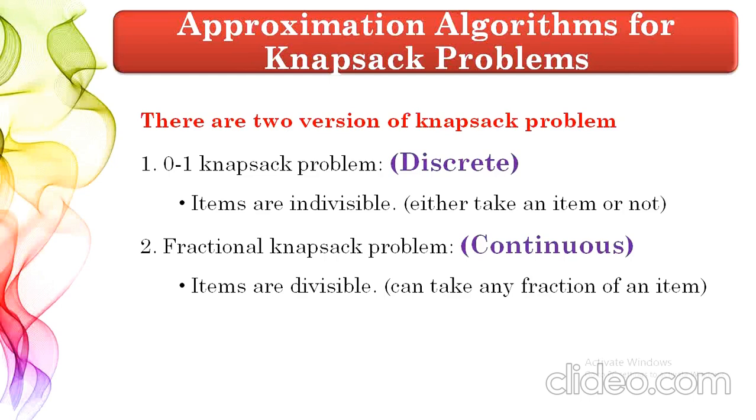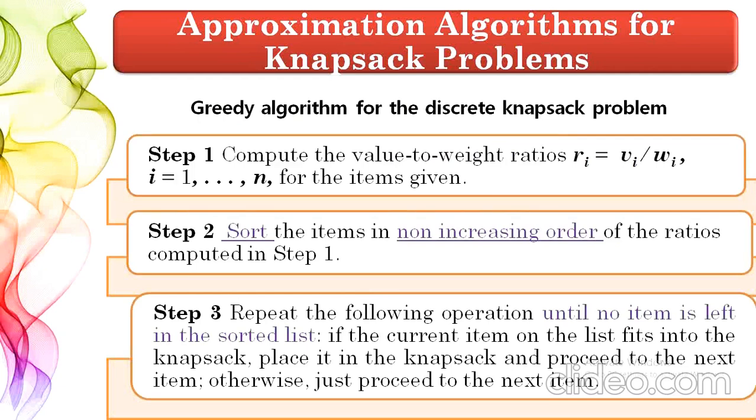In the 0-1 knapsack problem, we cannot divide the item. If the capacity is available, we can load the item. Otherwise, we need to skip the item and proceed to the upcoming items. This process is called the discrete knapsack problem. In the fractional knapsack problem, we can divide the item. That is, if enough space is not available, we can take some portion of the item and load it into the knapsack. This process is called the continuous knapsack problem. I will explain the discrete knapsack problem with a greedy algorithm as well as the continuous knapsack problem with a greedy algorithm.